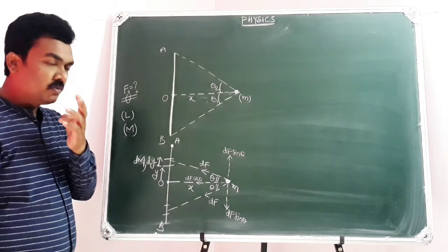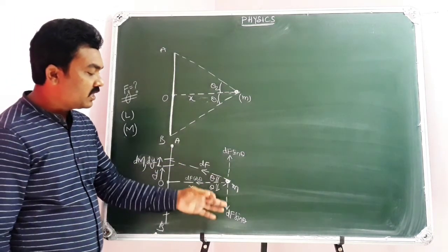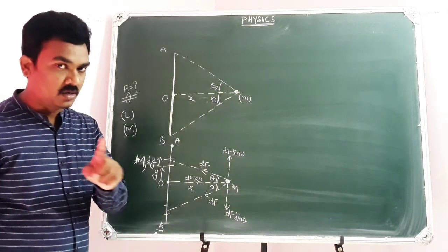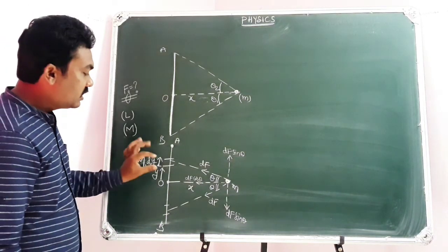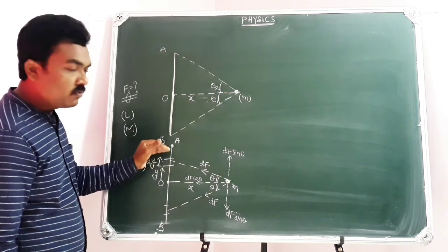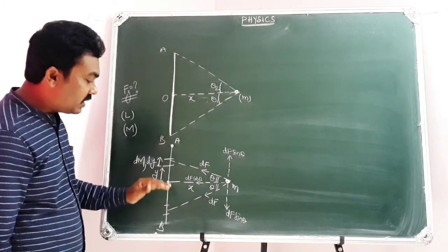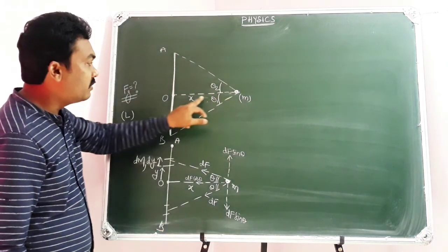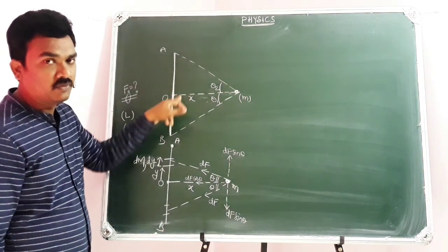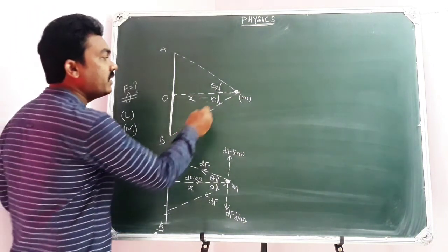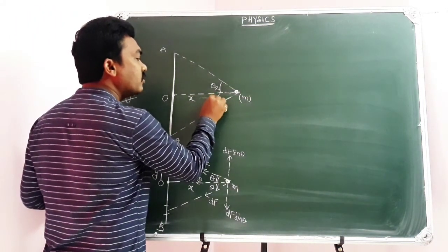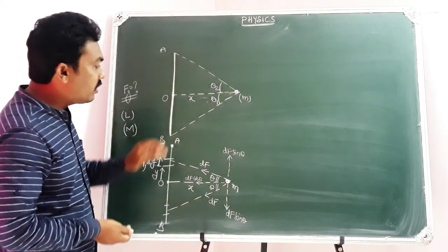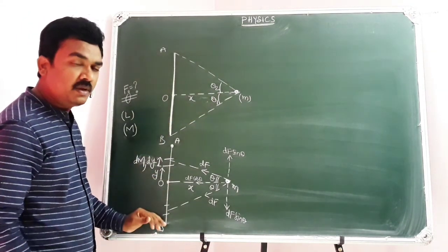Now here, you may think that these dF sin theta components are vertically opposite to each other, so they may cancel, but they do not. The reason is that the number of elements above the point O need not be the same as the number of elements below the point O, because the mass is not located symmetrically about the length of the rod. For example, if theta 1 is greater than theta 2, then the number of elements in the lower portion will be more.